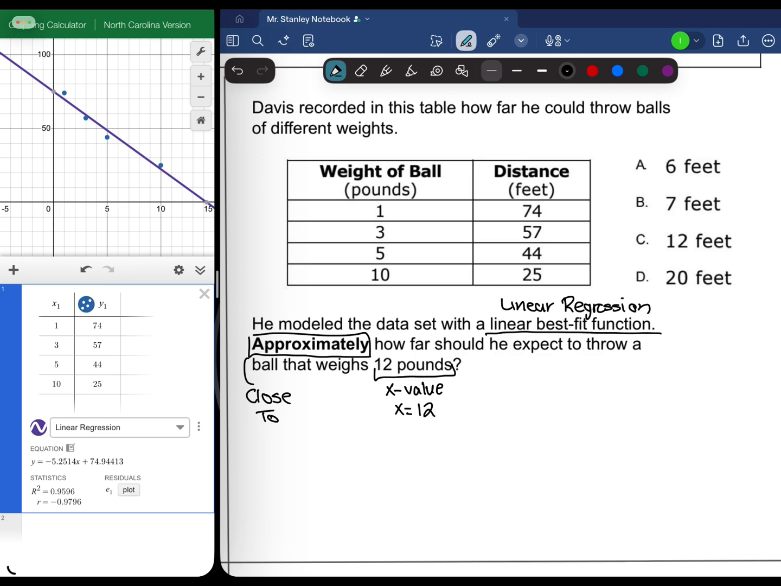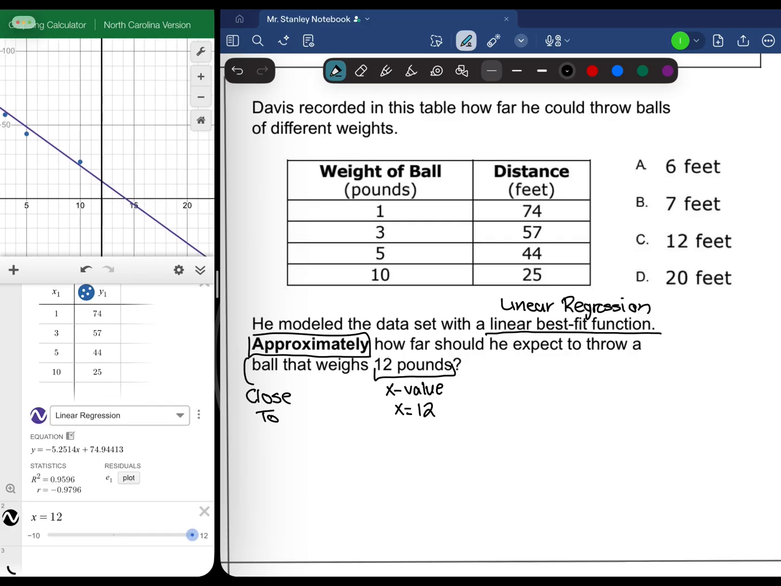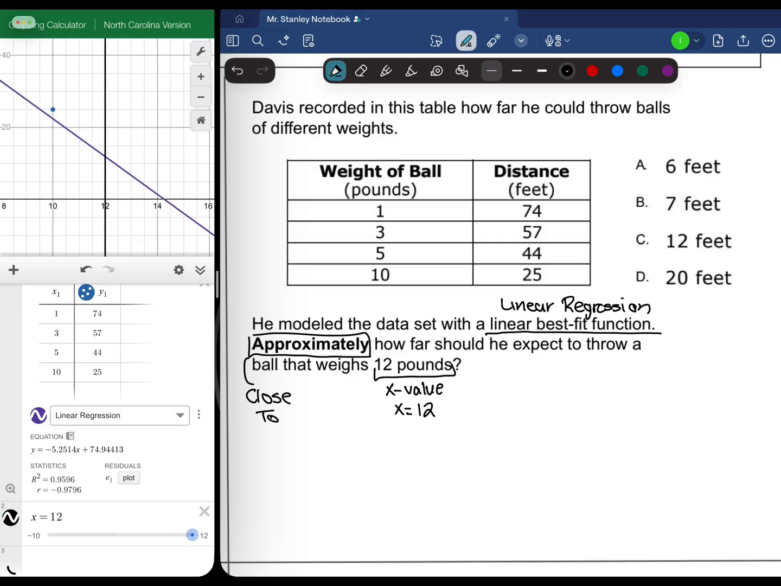Now, in our drop down, linear regression is the first one. But if it wasn't, we hit the arrow, choose it, and then it will draw the line for us. Now that we have our linear regression selected, we're going to make a new line. We're going to type in x is equal to 12. Now, what we're looking for in this is when the two lines cross. So these two lines cross here at the ordered pair of 12 and